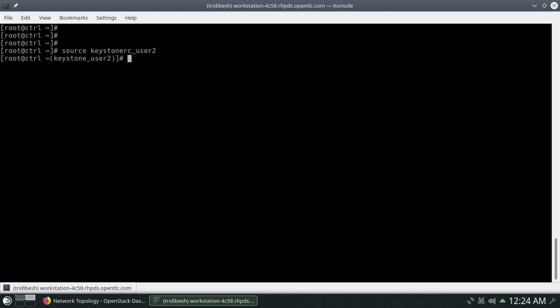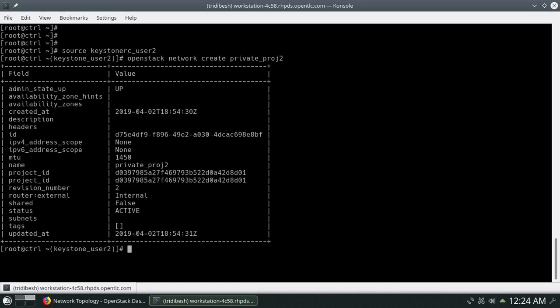So once you're done with that, now you do OpenStack network create. Just put that name as private_project 2. So it's been created.